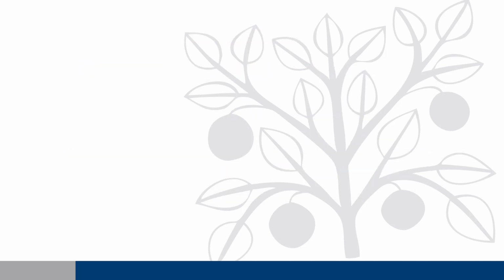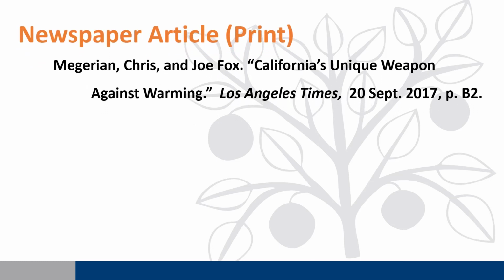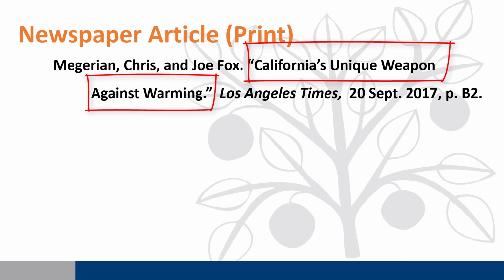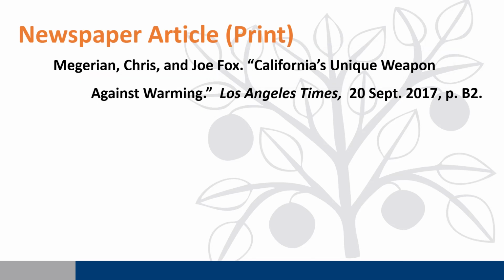Now, let's take a look at some citation examples for newspaper articles. For a print newspaper article, it would look like this. We have the authors' names, and there are two authors here. You can see we list the first one by last name, comma, first name. Then we list the second author's name in natural order with the word "and" between the two names. Next, we have the newspaper article title in quotation marks, ending with a period inside the quotation marks. Next, we have the title of the newspaper, Los Angeles Times, in italics, followed by a comma.